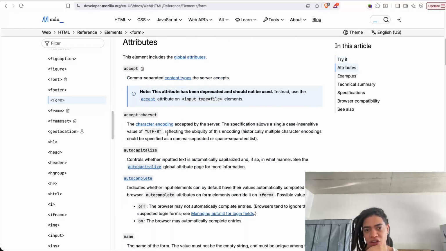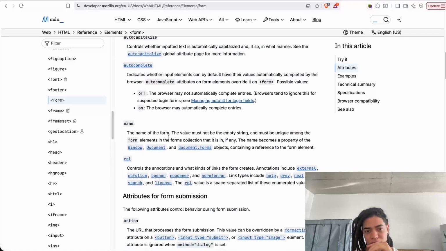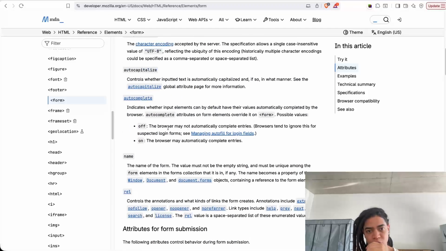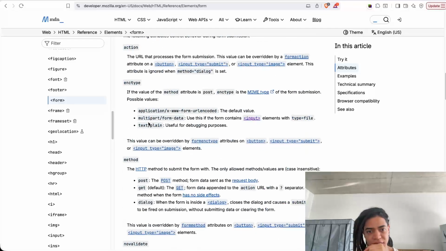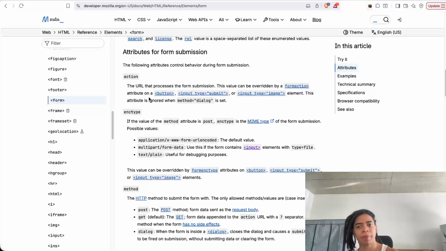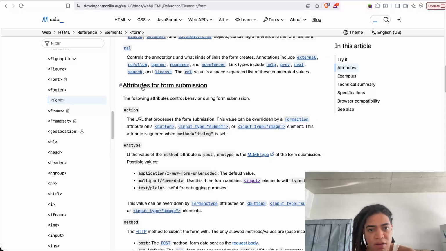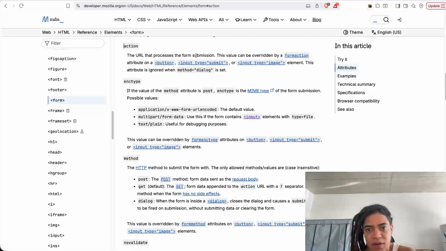For this submission, there is the URL that processes the form submission, and this can be overridden by form actions. So you can add an action to your submission form, and this action can be overridden by a button or an input of type submit